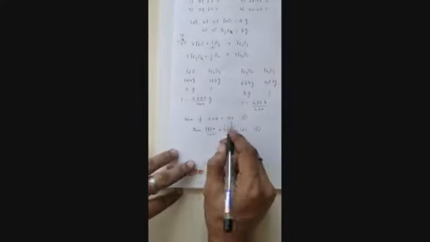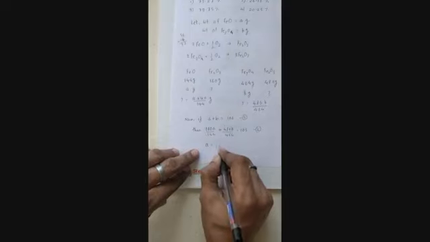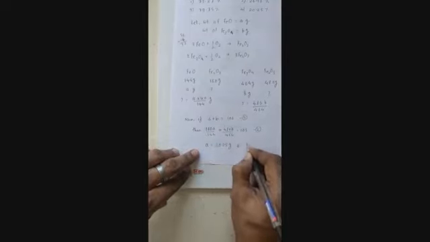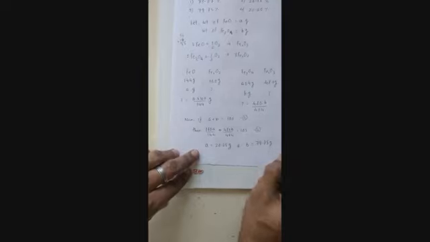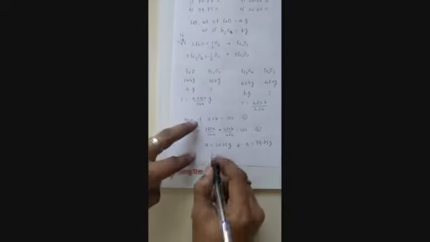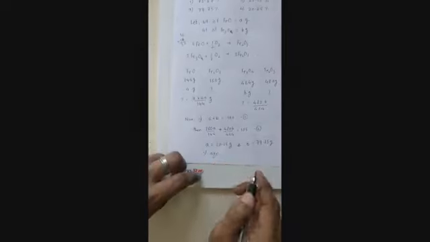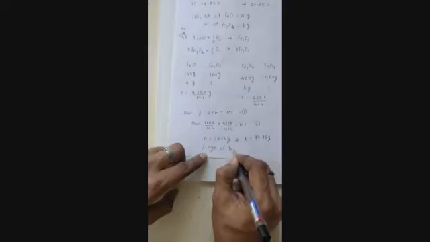This is linear simultaneous equation which obviously I am not going to solve. You will have to solve this, and by solving this you will end up getting A somewhere around 20.25 grams, and then obviously B will be 100 minus this, that is 79.75 grams. Yes. But then you are supposed to find out the percentage. So what is the percentage? है ना, परसेंटेज किसका निकालने का है? Fe3O4 का. करेक्ट ना, दैट इज योर क्वेश्चन.